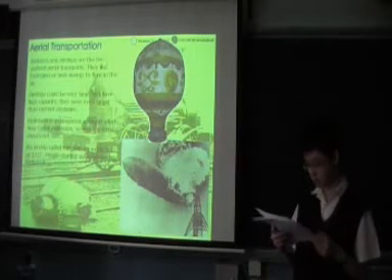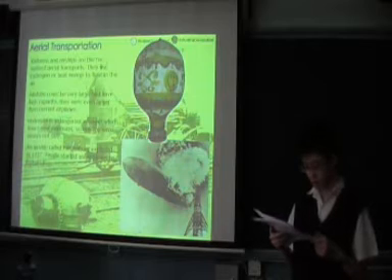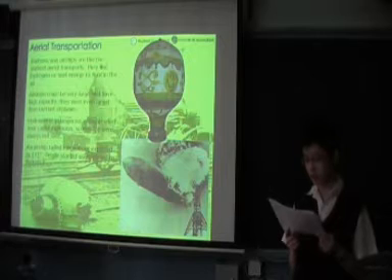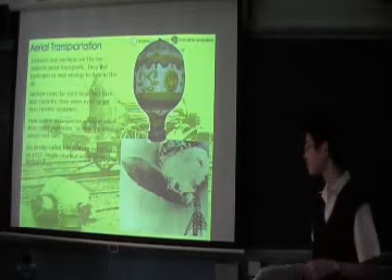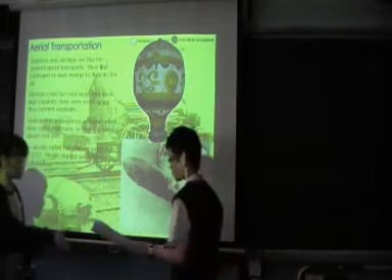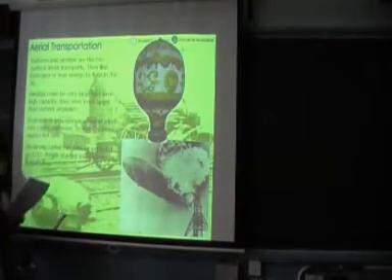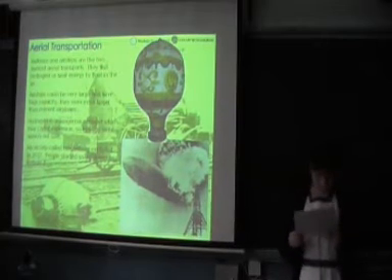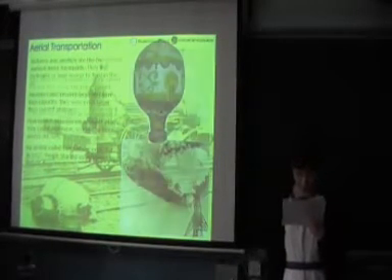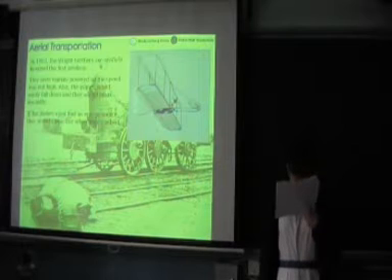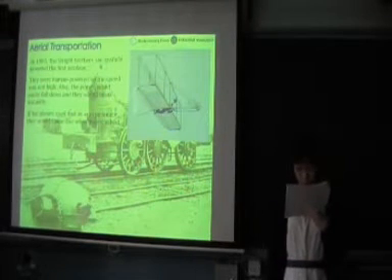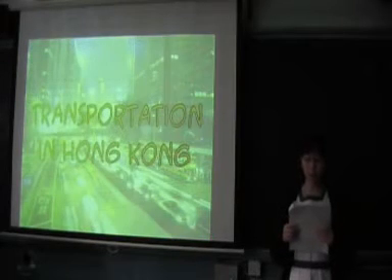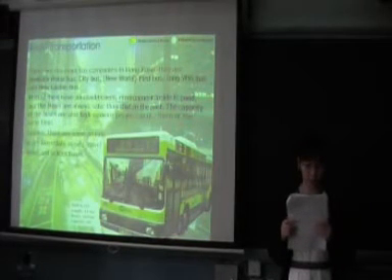Balloons and airships were the earliest aerial transport. However, airships could easily explode because of using hydrogen. Airplanes were invented, but they were dangerous and human powered at that time. In Hong Kong, most buses have air conditioners, have